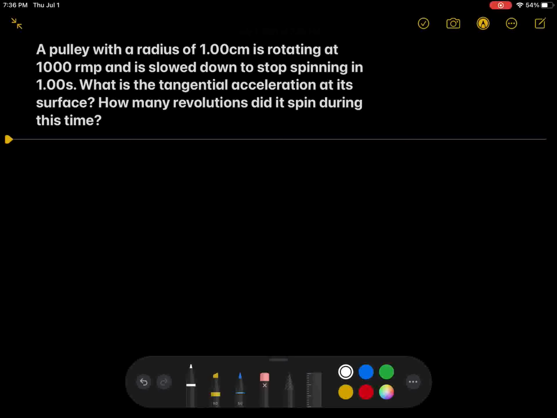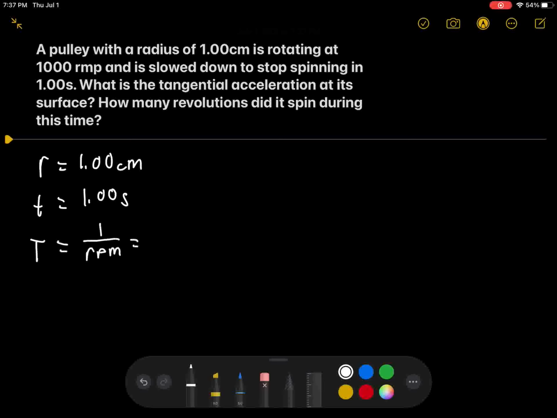Well, let's try to find out what we have so far. We have the radius, and it's telling us it's 1.00 centimeters. We have the time that it takes for it to stop. That's t equals 1.00 seconds. And for the period, we have that as well. It's just 1 over the RPM,